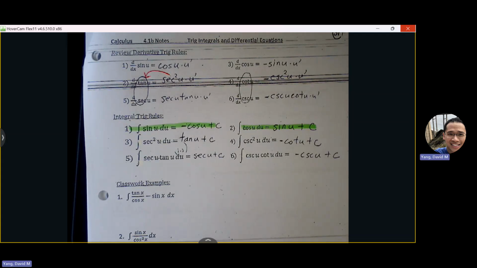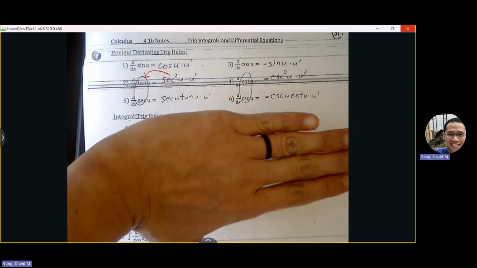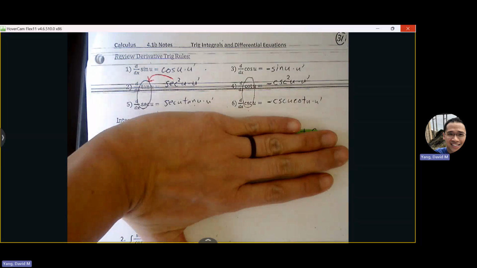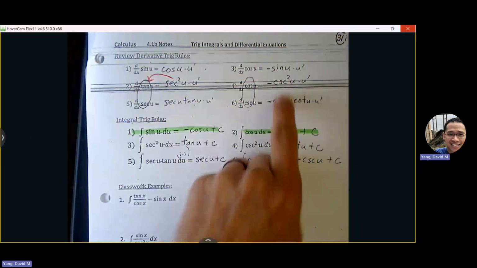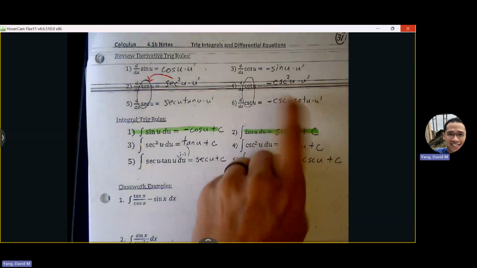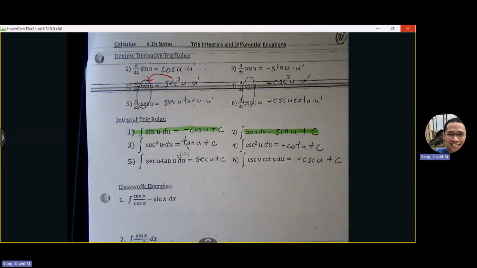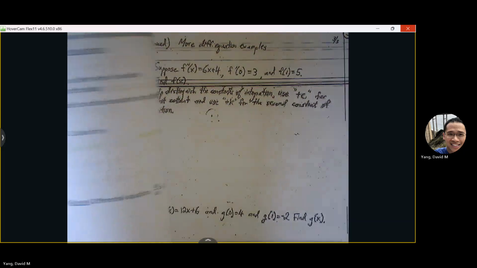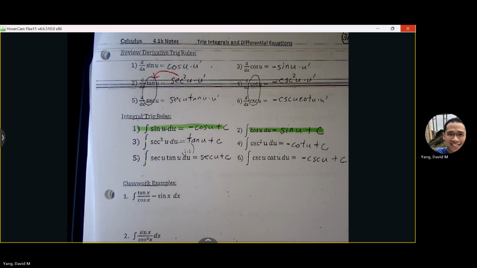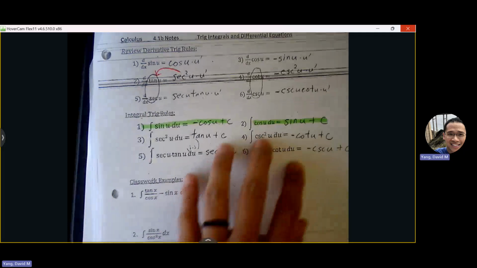So again, on the quiz, my suggestion is just review your derivative rules, write your derivative rules down at the top of your page, and then just refer to it in terms of reading backwards, and that's your antiderivative rule. Okay, on the quiz, it really is just going to be,